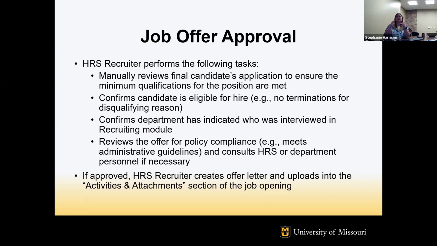So we look and make sure that the offer falls within the salary range that was posted with the position. We look at internal equity on campus, and then we can break it all the way down to your specific department. An example that comes to mind is over in the School of Medicine. If they have 30 different people in business support 2 titles, and the majority of them are at $17 an hour, but you want to offer this person $22 an hour, we're probably going to push back on that, just because the internal equity within your own college, school, or division is going to be thrown off by that.